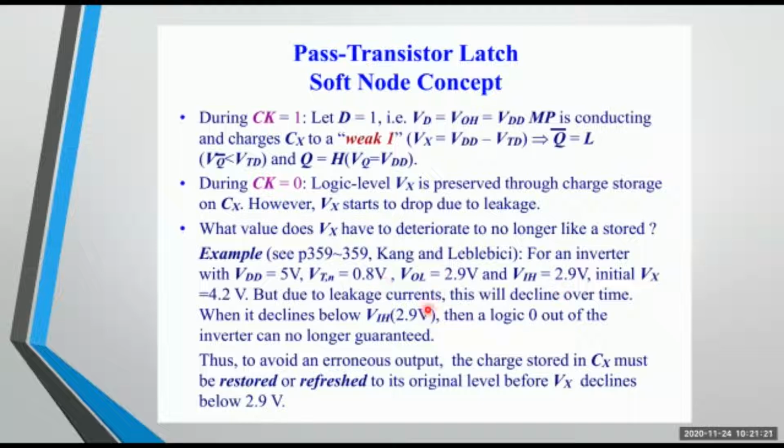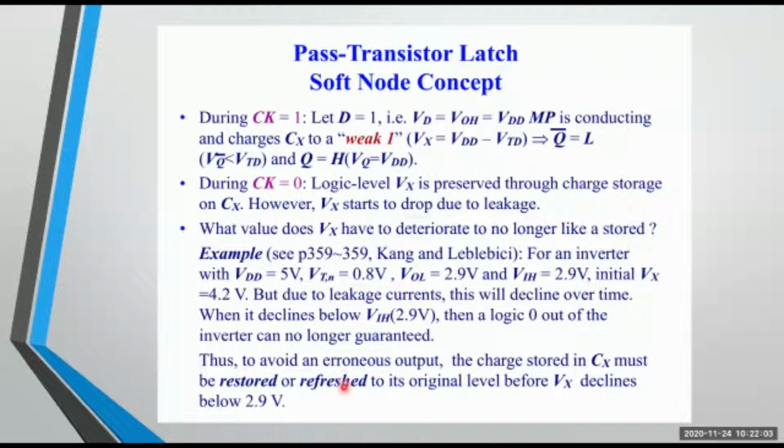So this is one example of how the degrading of the charge takes place in a capacitor. So to avoid this kind of erroneous output, why do we call this an erroneous output? Because we know in VLSI we'll be having only two kinds of logic, logic 1 or logic 0. When it is logic 1, we say it is a fully charged capacitor and the output is obtained. But whenever it's logic 0, we say it's a discharged capacitor, where output is not obtained. But here you can get an output which is not equal to 0. It can be between logic 1 and logic 0, or it can even degrade below logic 0. So that is erroneous output.